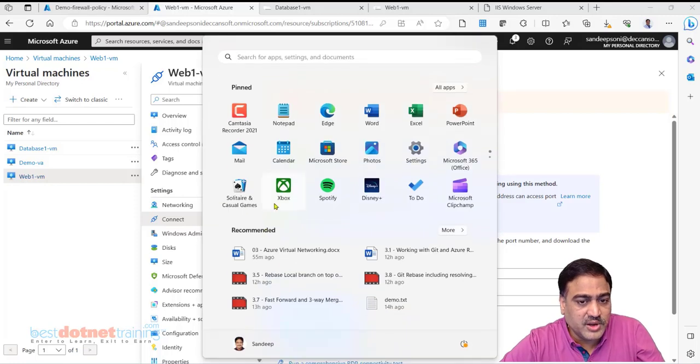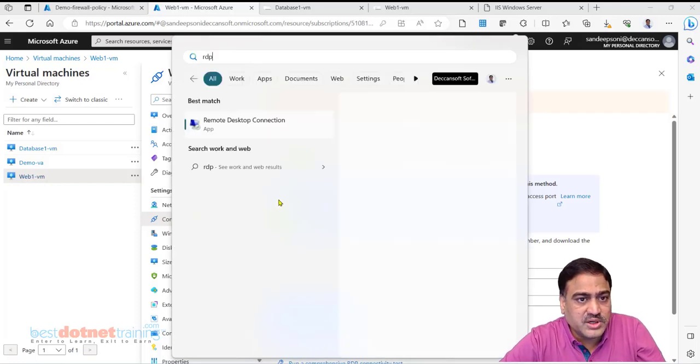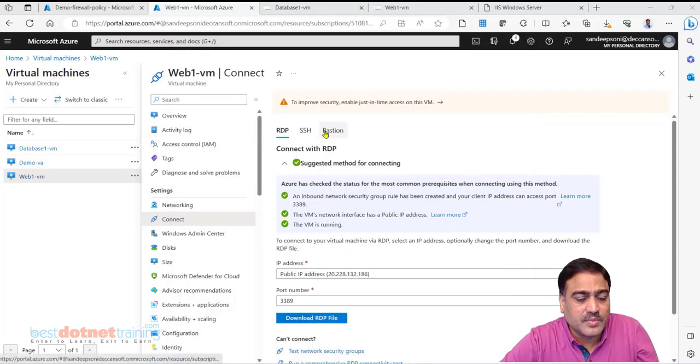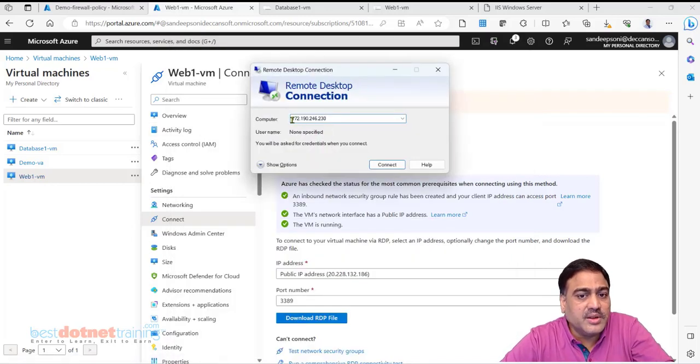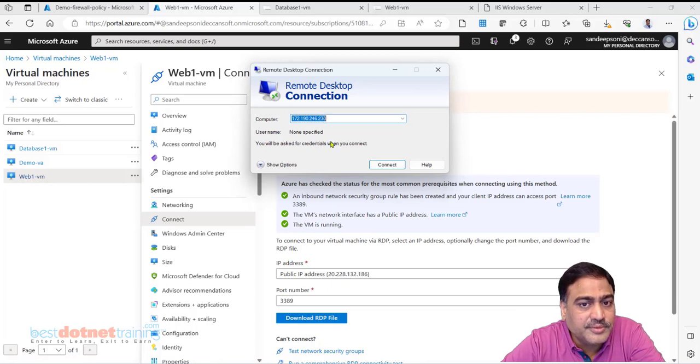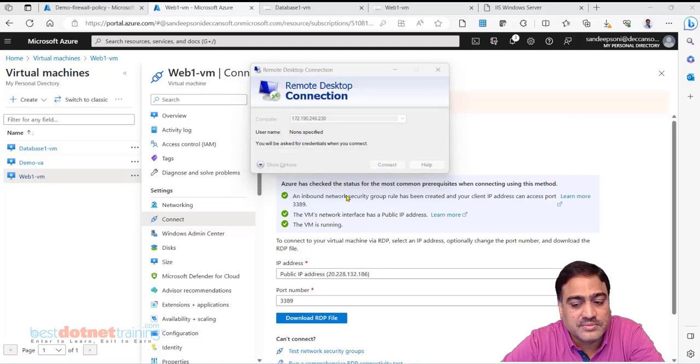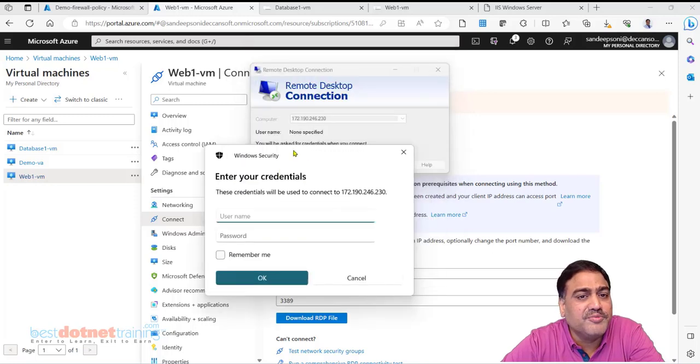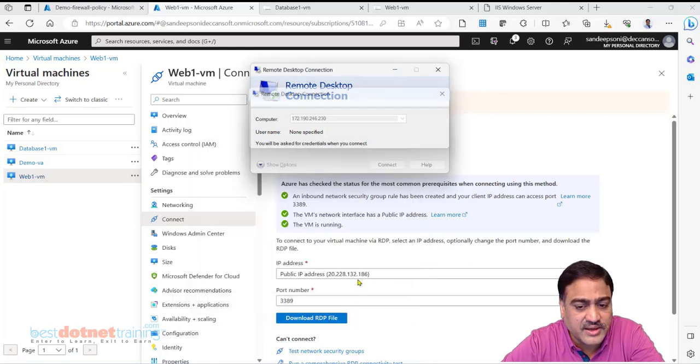We have to go and search and type RDP on the desktop. Send the request to the IP address of the firewall and do connect. And it works. This window itself means it's working. I have to just give username and password and click on connect. I'm cancelling it.